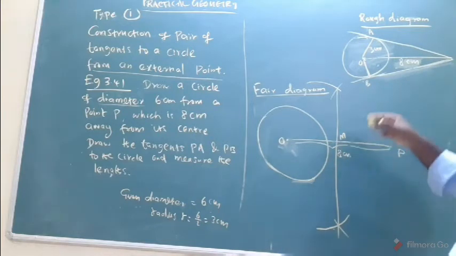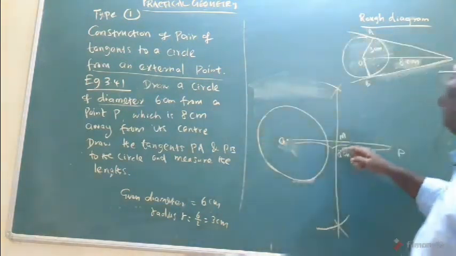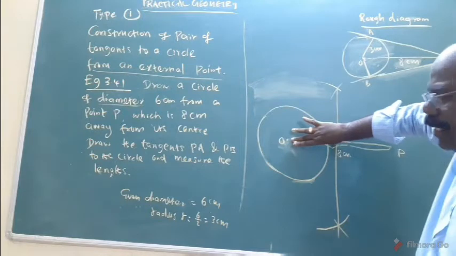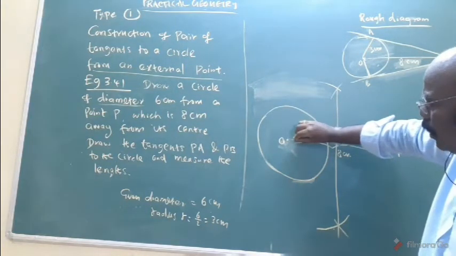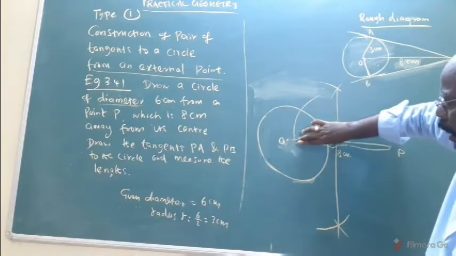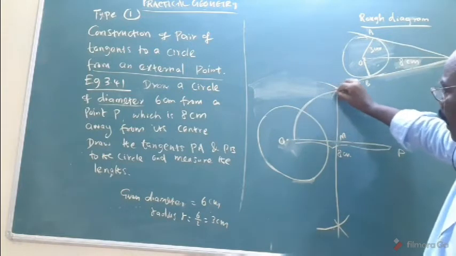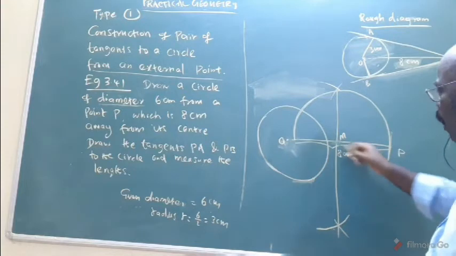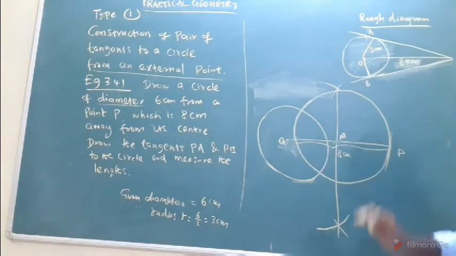Now, once again, with the help of the compass, with M as center and OM as radius, take the measurement. Draw one more circle from M, the center. Take this radius and draw a circle, starting from here to here. Definitely the circle passes through O and P. This is another circle. That's all.